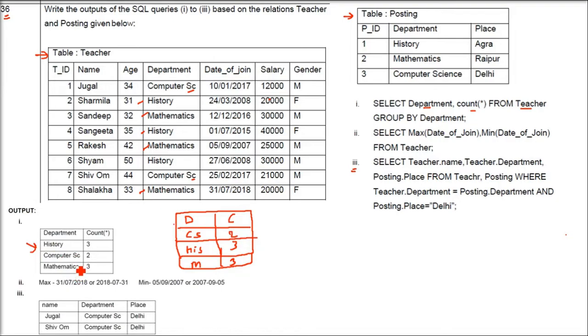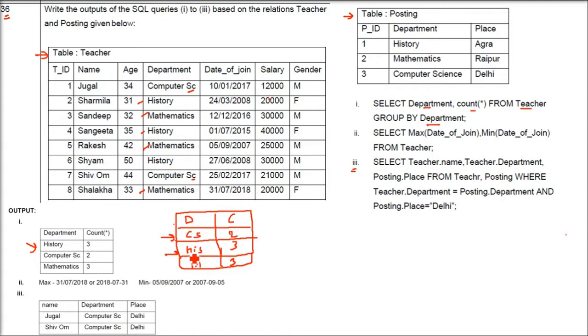The answer which is given here, why is it not correct? Because it is grouped by department, and department has alphabets, or you can say characters, strings, words. So these words have to be arranged in alphabetical order. If you see computer science, history and mathematics, C will come first.